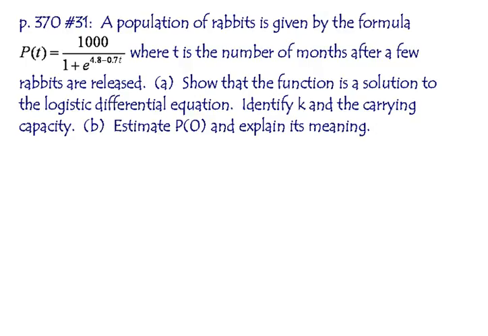So at time 0, what was the population? And explain its meaning. Okay, so we start with part A. They want a solution to a logistic differential equation. We remind ourselves, what does the solution look like? It looks like M over 1 plus a e to the negative